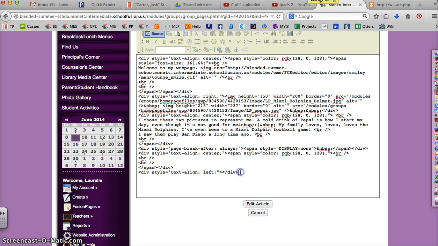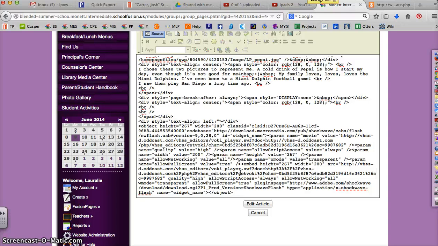If I put my cursor down here at the bottom and hit return, I should be able to go up to the top and hit edit, paste, and it's going to add more of this code, which is kind of hard to figure out, but see, I can tell that I pasted the right thing, that it has something to do with Voki. I can see object, it's going to start with an object, and it's going to end with object. That's looking good. So from here, I want to just hit edit article,